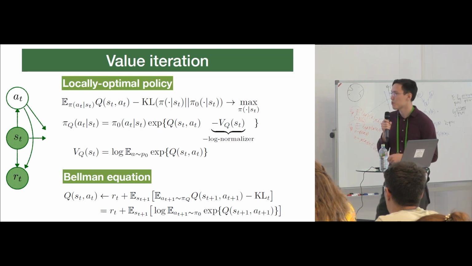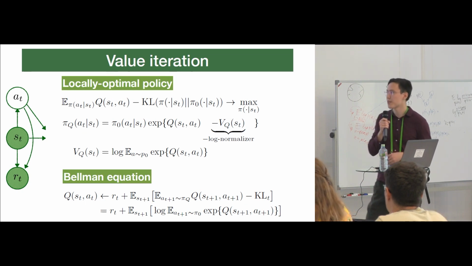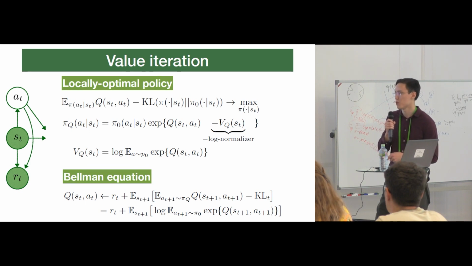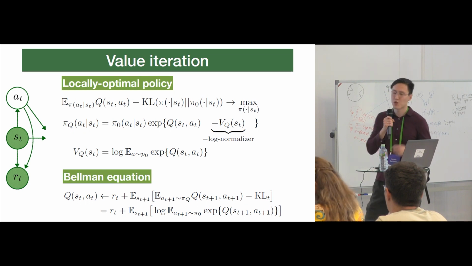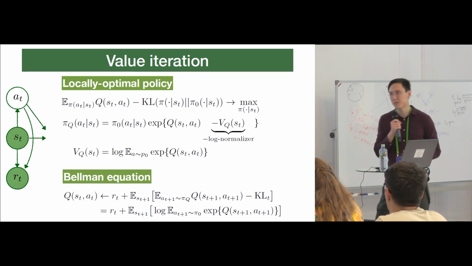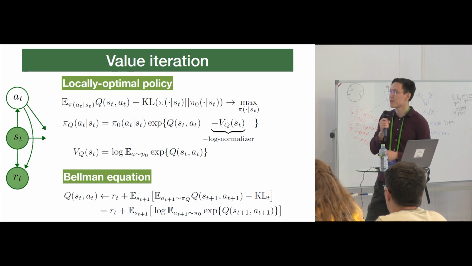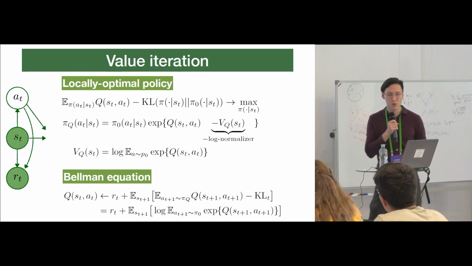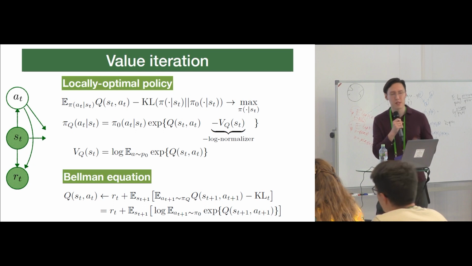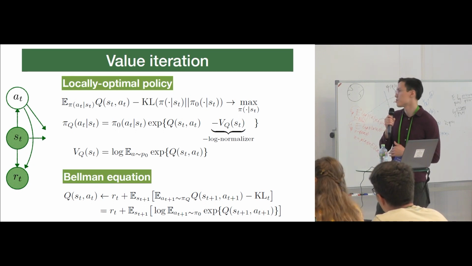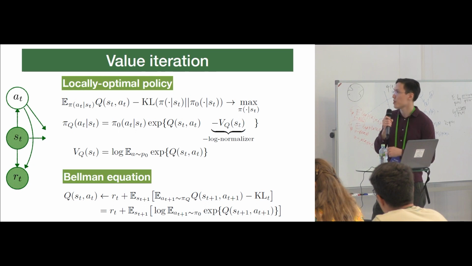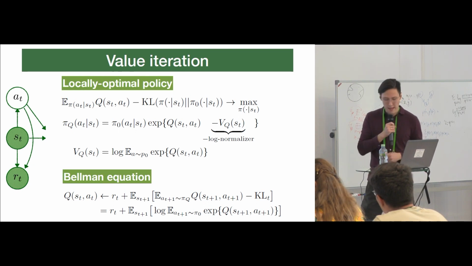We can never compute them analytically in most interesting cases, because even if we have a discrete action space and we can enumerate all possible actions at time step t+1, we usually have continuous or infinite or just a very large number of possible states, and it is very hard to compute this expectation. So in practice, people use this equation to derive an objective that they can optimize stochastically. This gives rise to variants of Q-learning. In the entropy-regularized case, it is called soft Q-learning, and this is something we can use to obtain an optimal